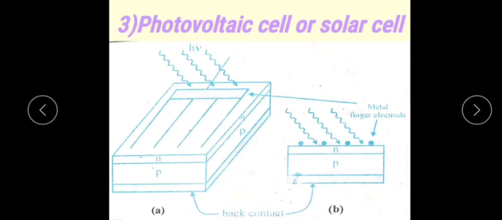The second one is high optical absorption. The material should absorb the light. That's why it requires high optical absorption. The third one is electrical conductivity. The material should have electrical conductivity. And the fourth point is availability of the raw material. So the raw material should be readily available. The fifth one is its cost. So low cost.